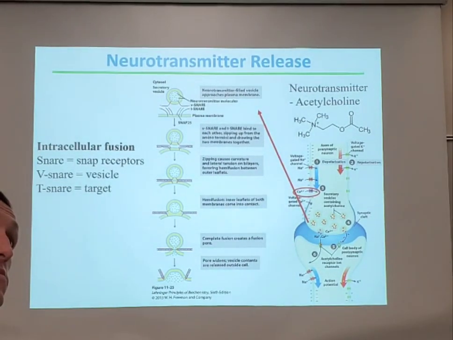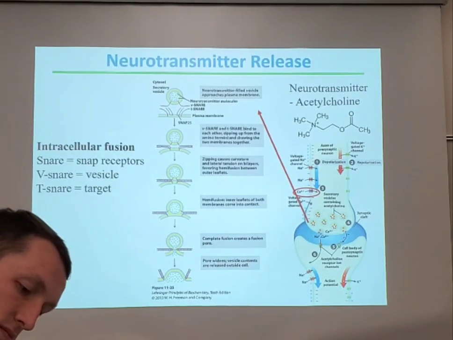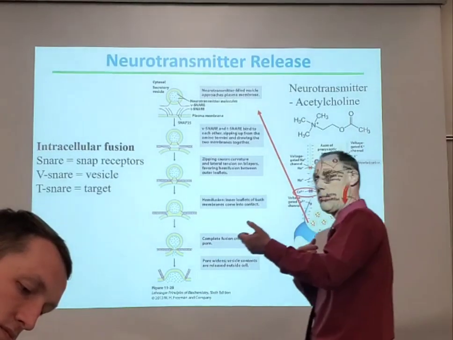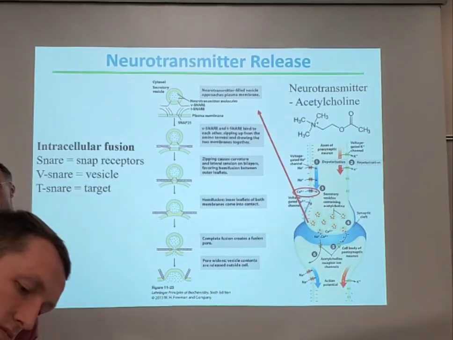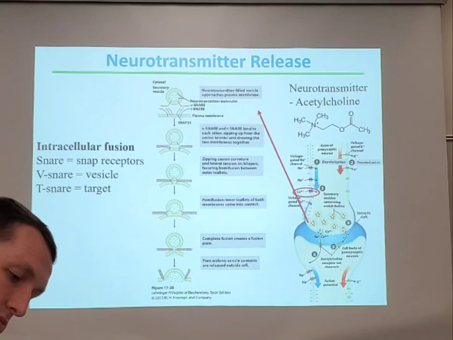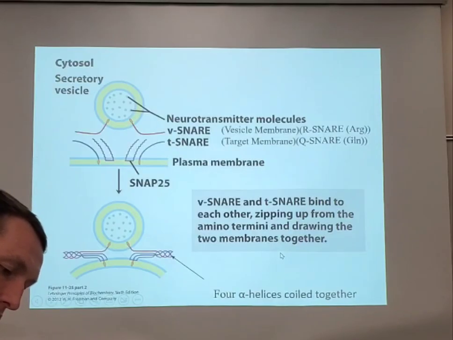So the calcium's an ion that must be disrupting a salt bridge, right? Which is then allowing that to open up, and then new interactions are forming, which are allowing this action to happen. Interactions between proteins that are electrostatic, hydrogen bonding events, and this fusion then occurs, allowing for the release. Okay? Beautiful.